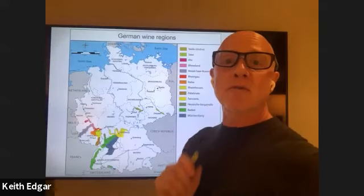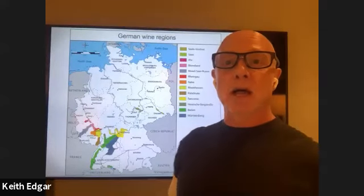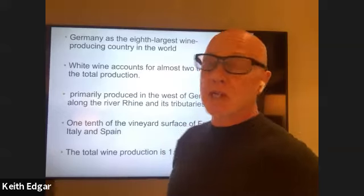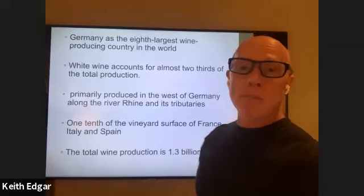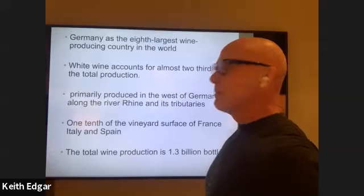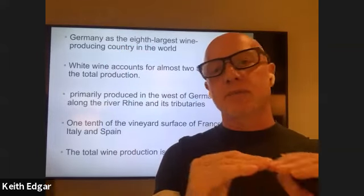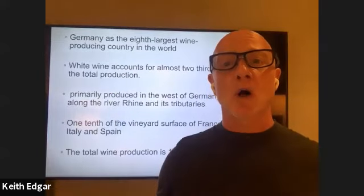And in Germany, they also focus on just a handful of grapes that can ripen in a cooler climate. Germany is the 8th largest producer of wine in the world, which is actually a fair amount. They produce about 1.3 billion bottles of wine. That's a lot of wine. But the range of the wines that are produced in Germany is quite vast. There's some very, very simple, very, very inexpensive sweet wines, all the way up to some very, very high quality,